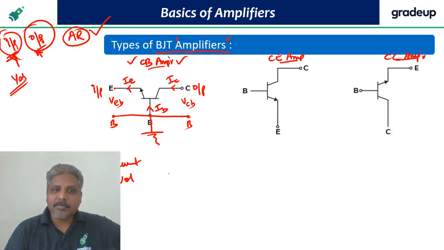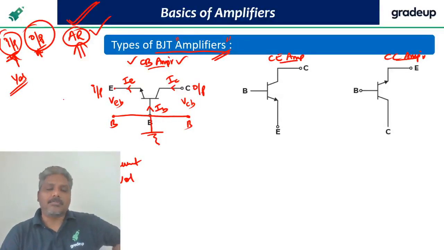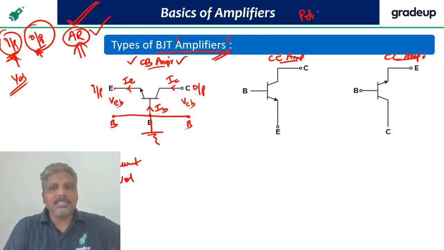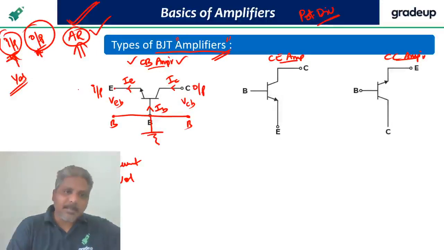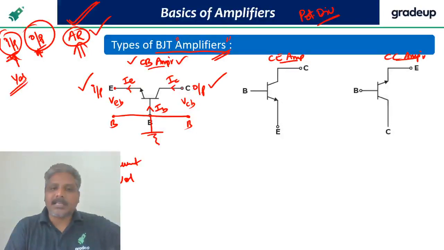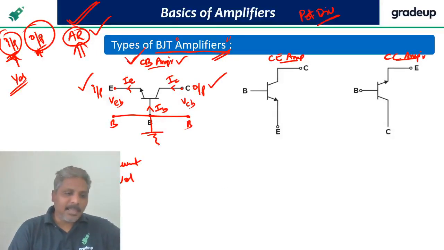But also remember that if I say it is an amplifier, the transistor is already in active region. How to put it in active region? Already we know. Maybe with fixed bias, maybe with collector to base bias, maybe with potential divider bias, maybe with emitter bias. Whichever is best, you can go for. What is best? Potential divider. Obviously, I use potential divider bias to keep the transistor in active region. Then I apply the AC input. Then I take the AC output at emitter and collector, so that it is called common base.